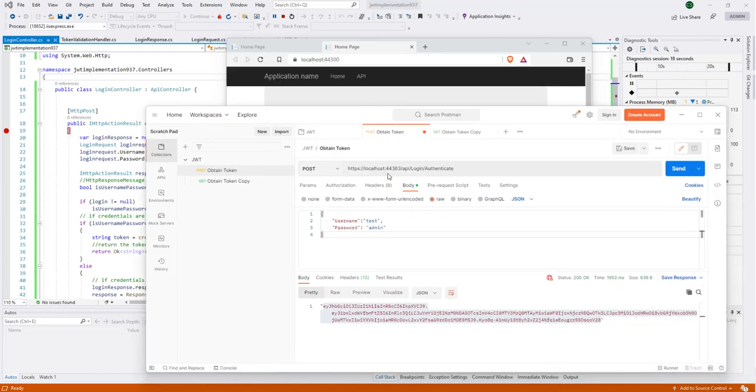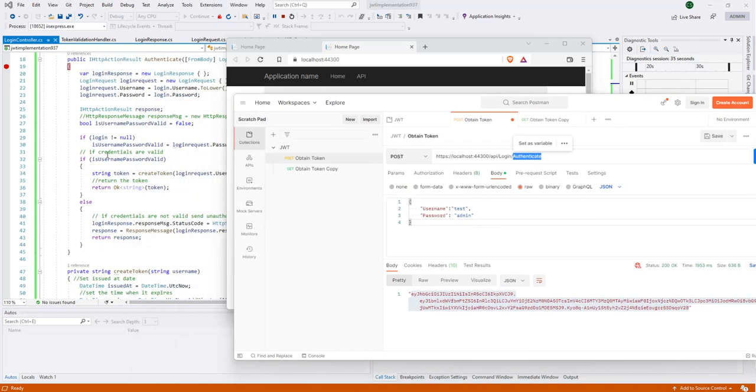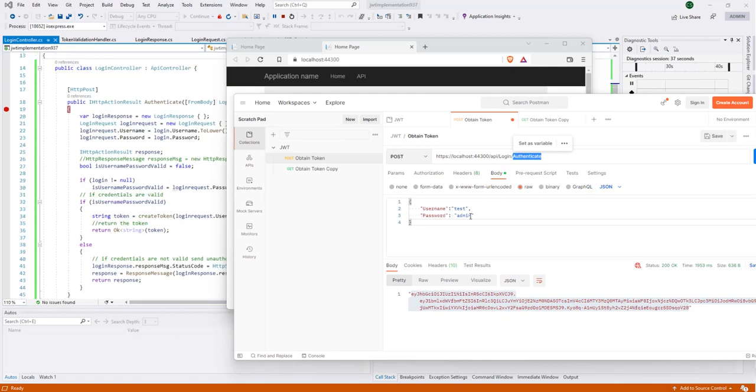So it's still running. So I'll go ahead and change the port number here. It should be 44300/API/login/authenticate. So login is your controller and authenticate is the, if you see on the left side, authenticate is the action method. We are using a post call and we are sending a username and the password. If I click on send,